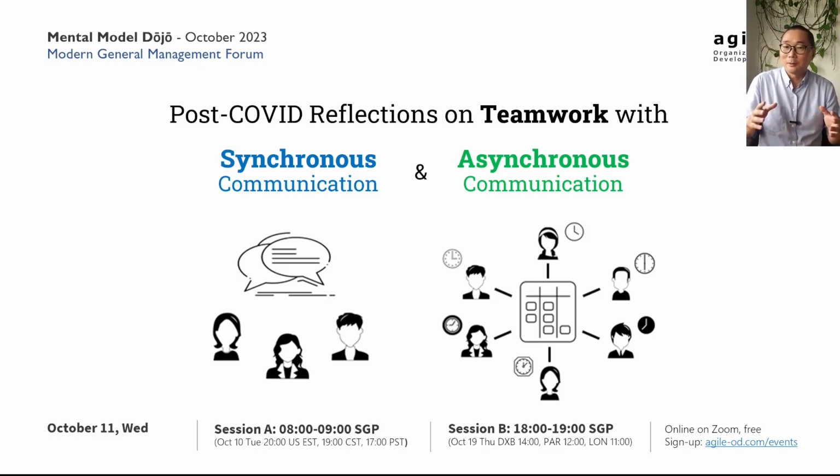But at the heart of the issue is a sense of disempowerment, the feeling that we're stripped away of our agency. It feels like we're not trusted on how to work. So today's topic is, as leaders and managers, how might we lessen the stigma of back to office and help our people feel that they're not necessarily giving up the freedom of how to work? The key is in asynchronous communication and its effective use in balance with synchronous communication.